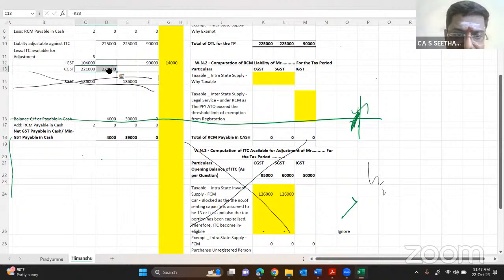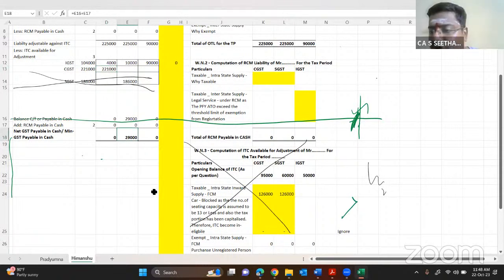221 in case of CGST is available to me. And SGST, I have only 186 with me. You should make sure minimum cash payment is what is warranted. So I would say 4,000 allocate here. Balance 10,000, please make it from the SGST so that the total tax payable becomes only 29,000 under the SGST column. Guys, are you with me? So that I'll end up paying only one tax.